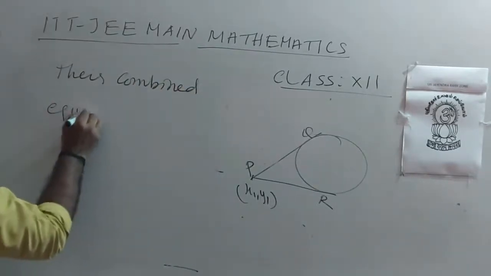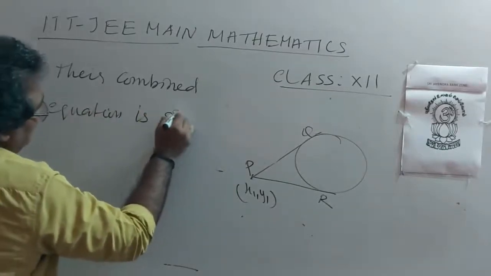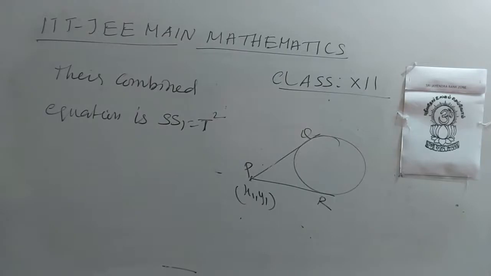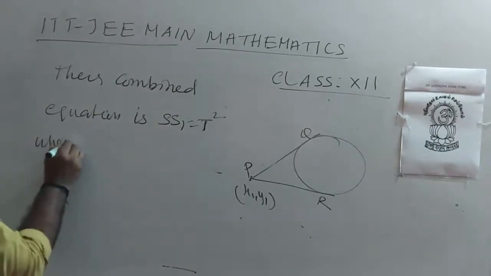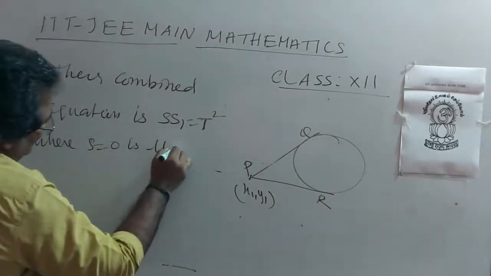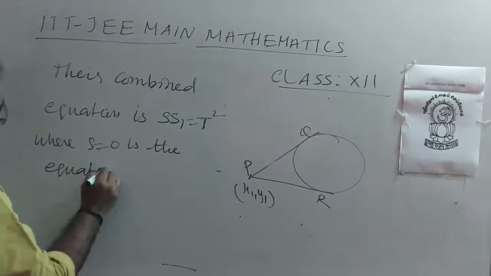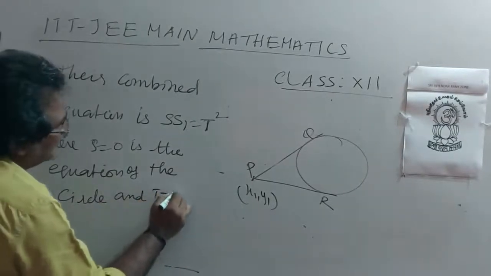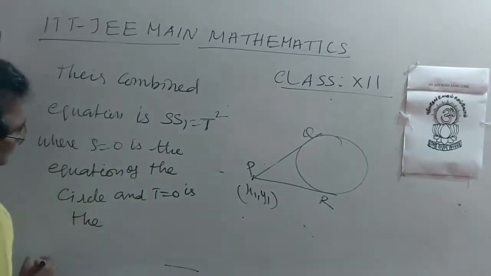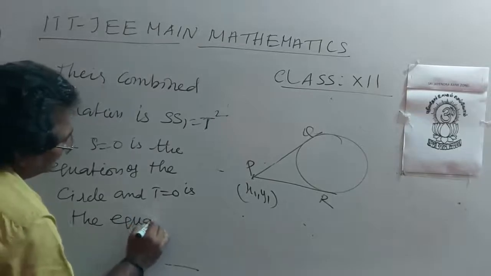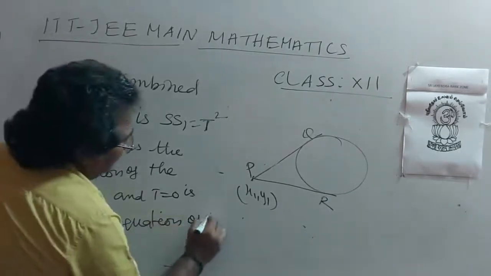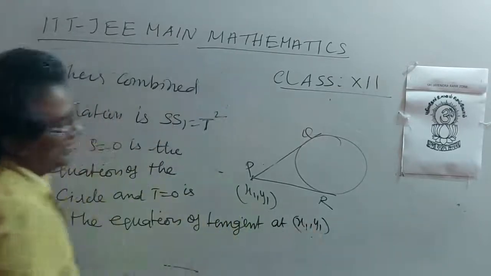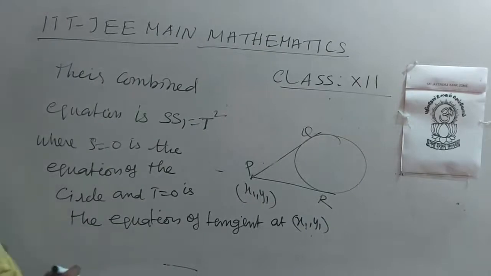The combined equation is S S1 equal to T squared, where S equal 0 is the equation of circle and T equal 0 is the equation of tangent at x1 comma y1 to the circle,